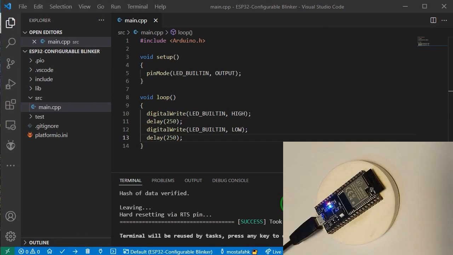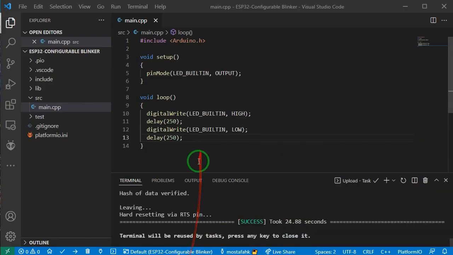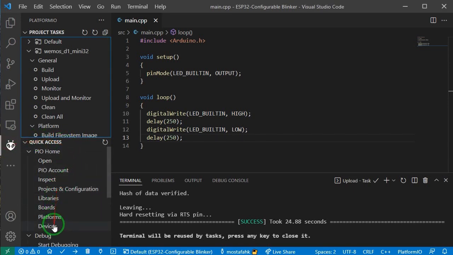It works well. First of all, we should implement the OTA Drive library to our program.